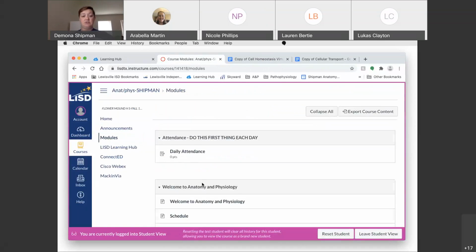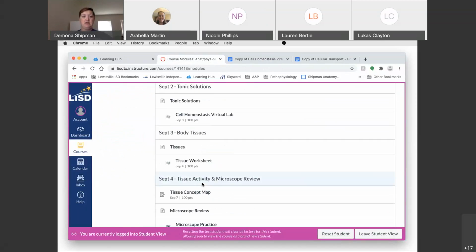And I will not see you tomorrow. So let's talk about tomorrow real quick. Tomorrow is body tissues. And this is where I think things get really hard. Not hard, but a lot of stuff that's really new, because you've done this other stuff before. You have not done body tissues, okay? This is long notes, so don't freak out. Normally in person, we break it into a few days. What I'm going to do right now is have you fill in the notes. Just fill them all in, and then you'll do some practice, and then